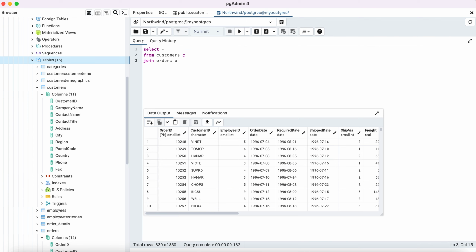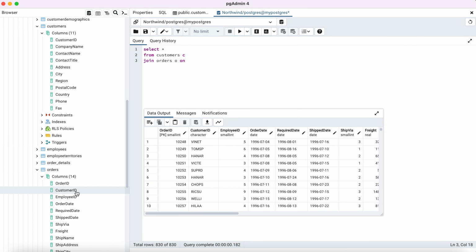And how do we want to combine them? You specify that using ON. What is the common variable between customers and orders? It is the customer ID. Customer ID is something which is available, as you can see here, in customers as well as in orders. So we specify that we join customers and orders using customer ID. So you specify that C dot customer ID